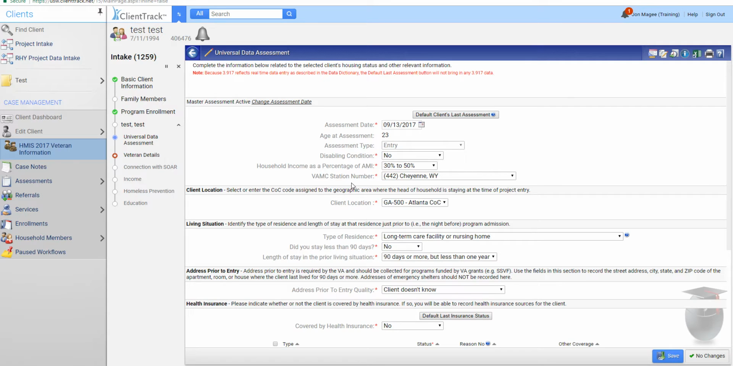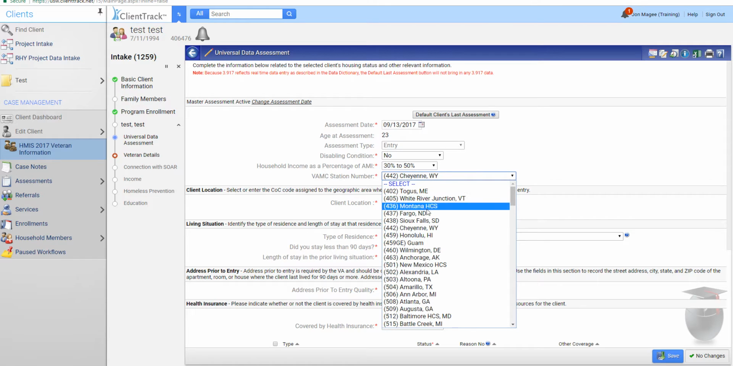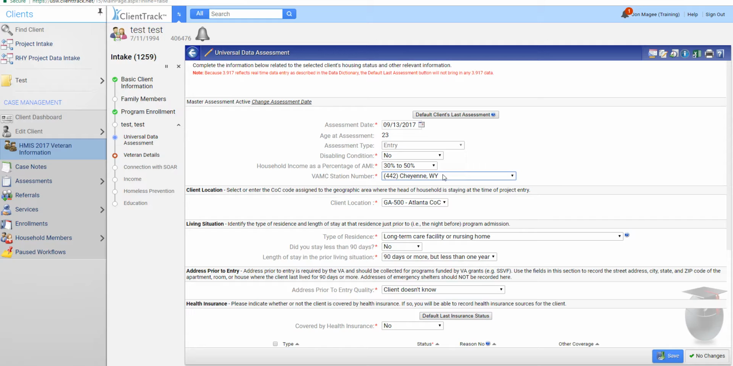So the first one you'll note while doing an intake is under the Universal Data Assessment form. This is a pretty small change, but if you look at VAMC station number, you'll note that this is now a drop-down list, while this used to just be a text box where you would type in a number. So now that this is a drop-down list, this should make data entry a little easier and also help out